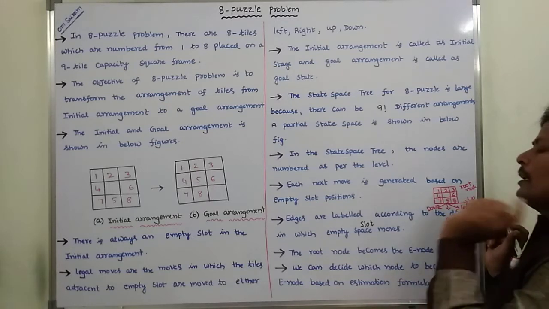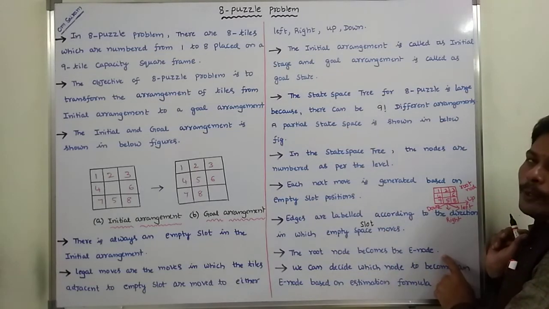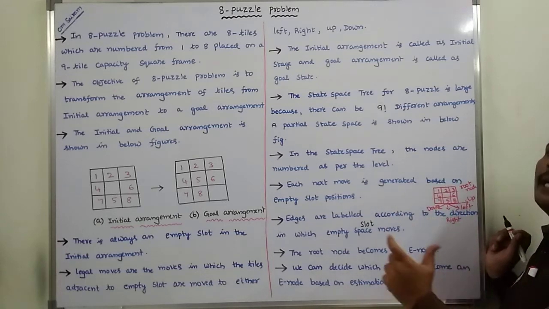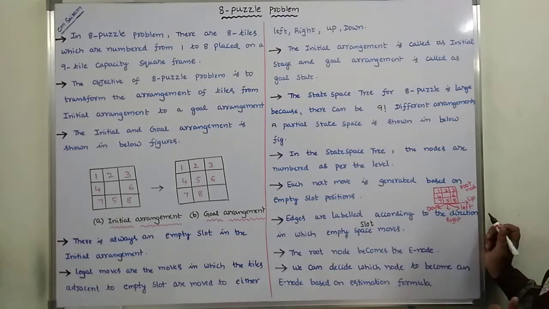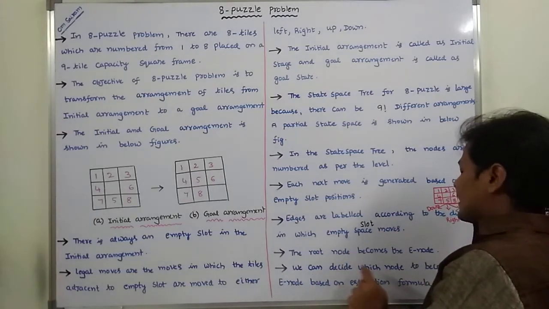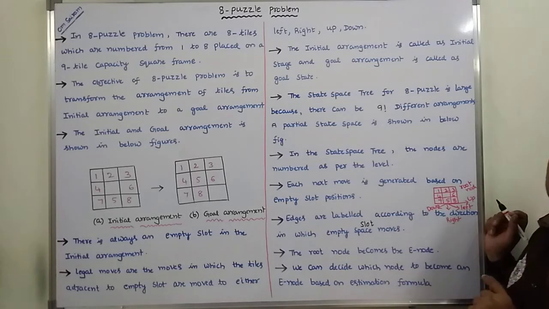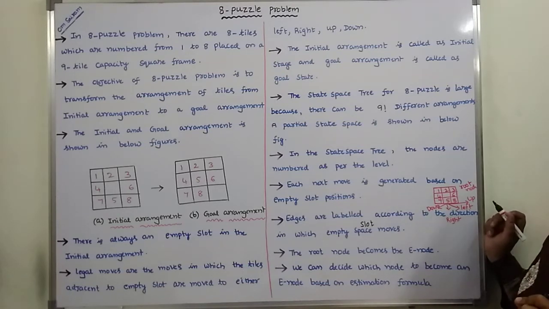Okay, next. The root node becomes the E node. The state space tree starts with a root node. So that root node becomes the E node because its children are generated. Okay, next one. We can decide which node becomes an E node based on the estimation formula. So in the next level, which node becomes the E node can be determined by the estimation formula,